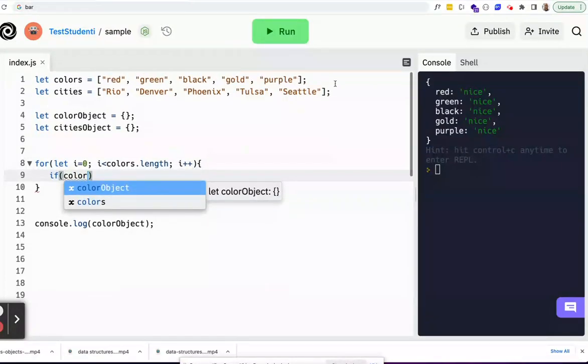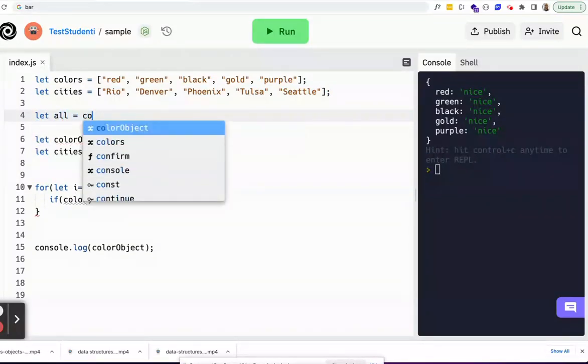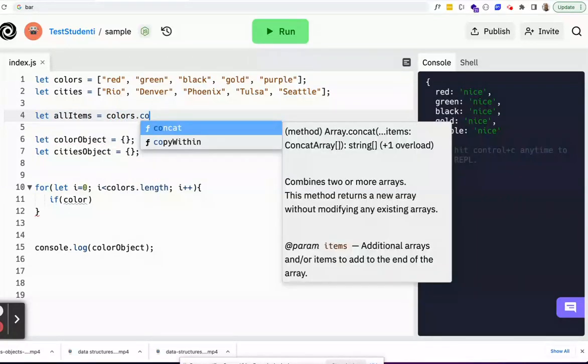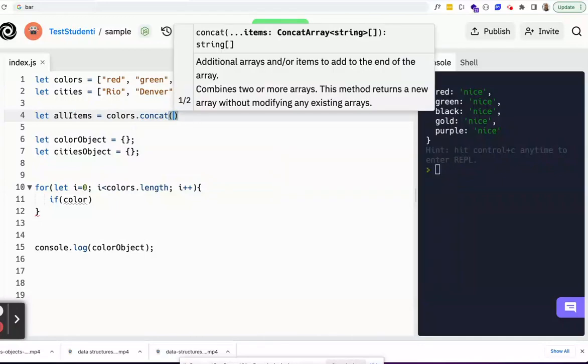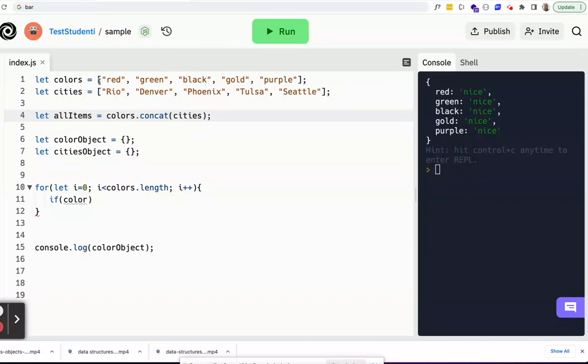Actually, let's make a composite. Let's say let all items equal colors.concat cities. So now we've got an array that contains all these colors and all the cities. Okay, that should be pretty clear. And so we'll go for i equals 0, i is less than all items.length, i plus plus. So what we would say is if